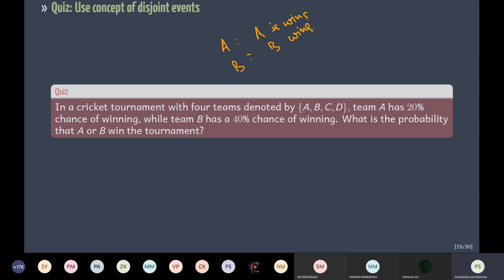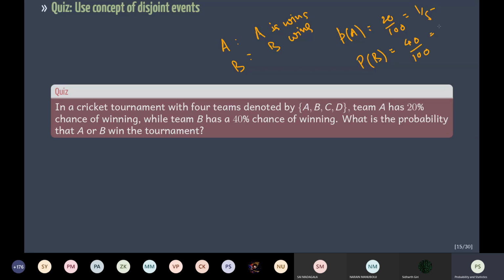You are given that the probability of A is 20%, so 20 by 100, which is 1 over 5, and the probability of B is 40%,